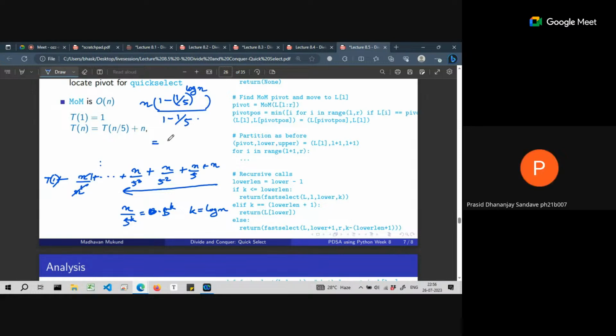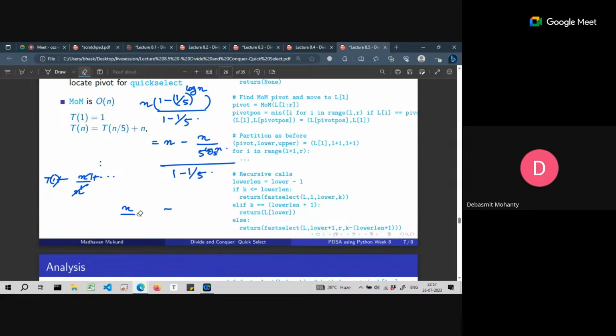4n by 5, log n base 5, right? 5n by 4 into... So now you see, this is 1 to the power 1 by 5 to the power log n, or I can write it as 1 to the power log n, 5 to the power log n, n. It is equivalent to 5 to the power minus 1 times log n, log n base 5. And divided by, I'm ignoring the constant, but let's say 5. So this is the next thing, which is essentially equal to